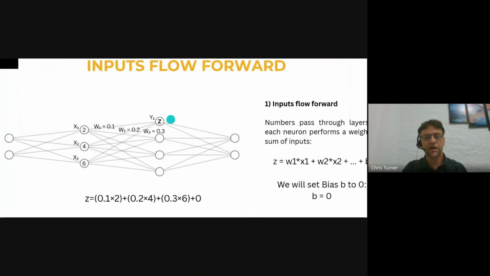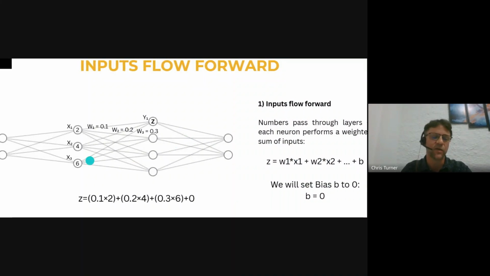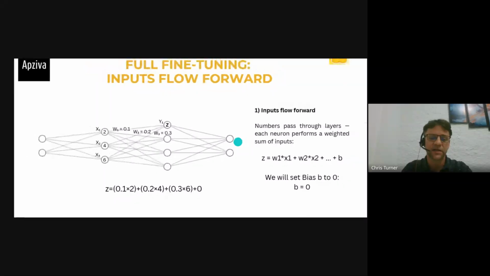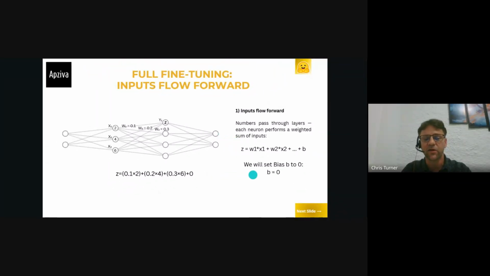And so if we're going to try to calculate the value for this neuron Y1, which we're going to label Z, it's actually quite a simple calculation. It's called a weighted sum. Here we're going to take the value of X1, multiply it times the weight of that connection, plus the value of X2, multiply it times the weight of that connection, and then the same for the value of X3, multiply it times the weight of that connection. Now there's actually another parameter here called a bias. I'm just setting the bias here equal to 0 for simplicity. And so you do this weighted sum calculation and you add a bias to get the value here for Z.